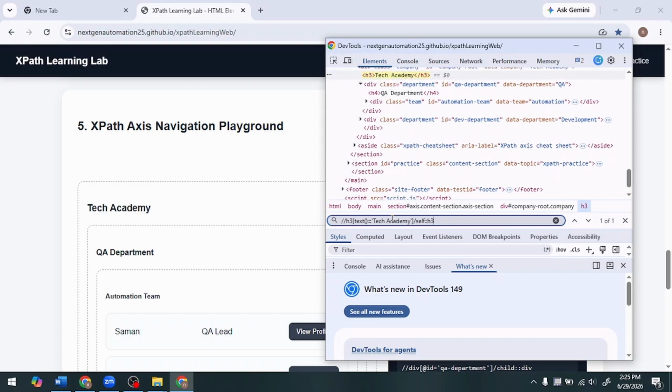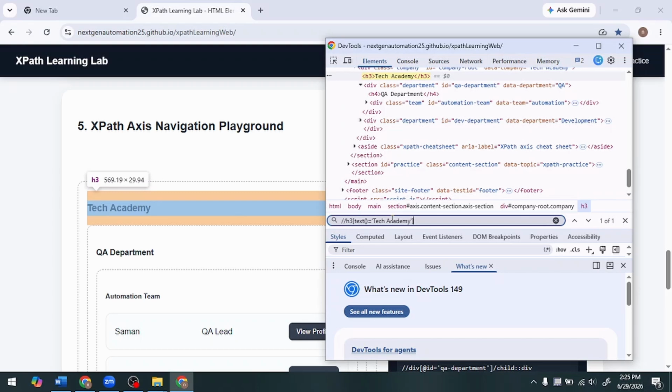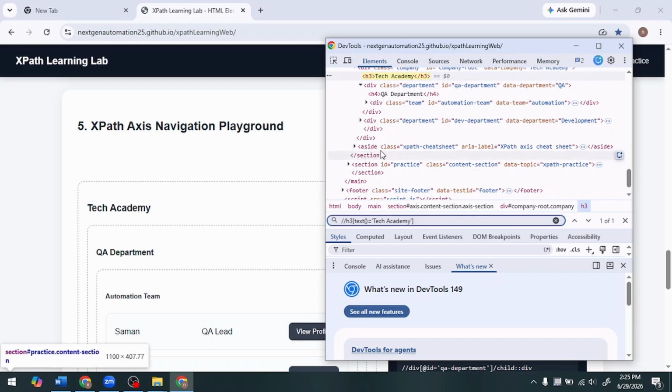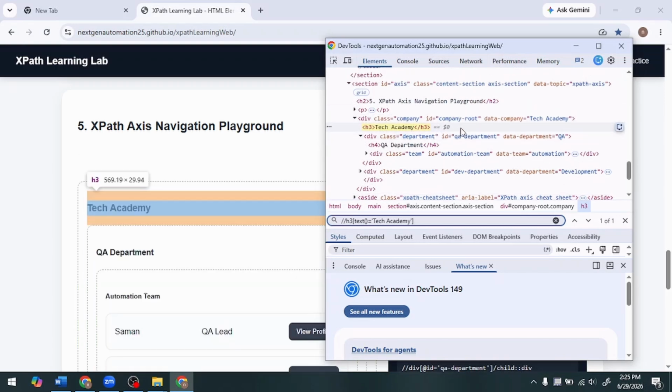So self says it's calling itself. So it's not like parent or child. It's calling itself. Self gives you the current node, which is represented in this node. Okay, so then we will go with parent. So in here you can see that text gives this one. So if you need to capture the